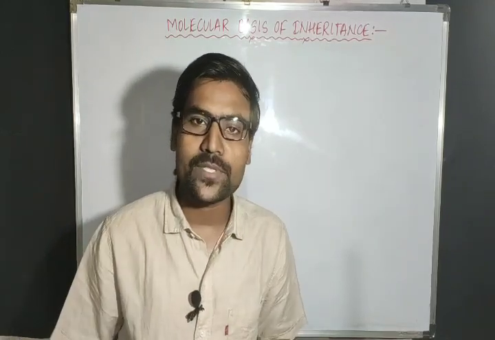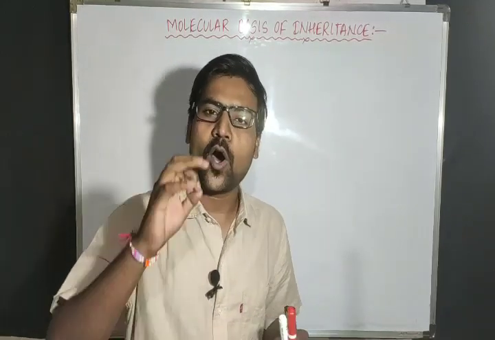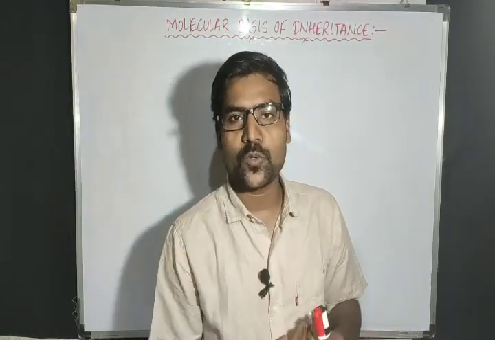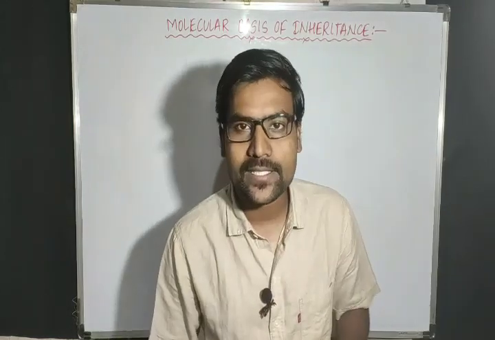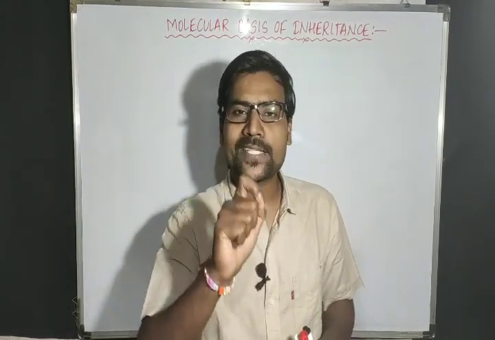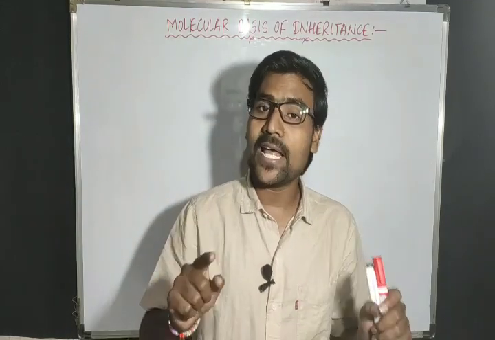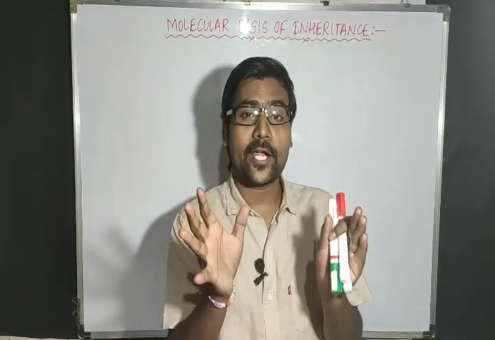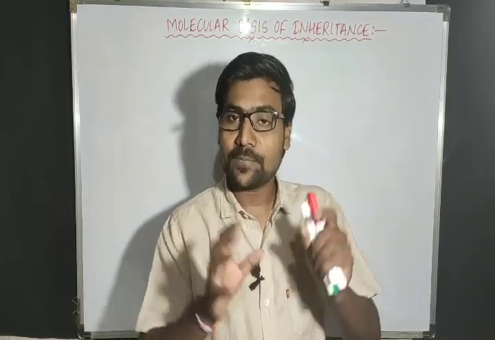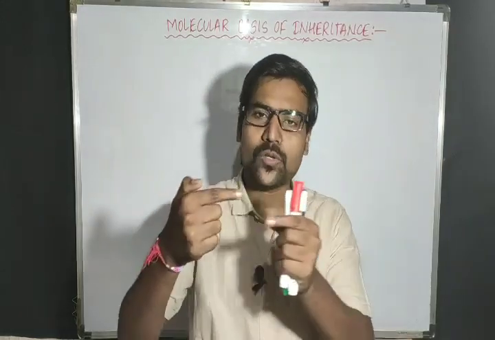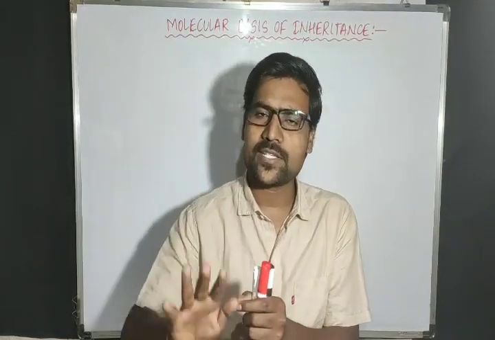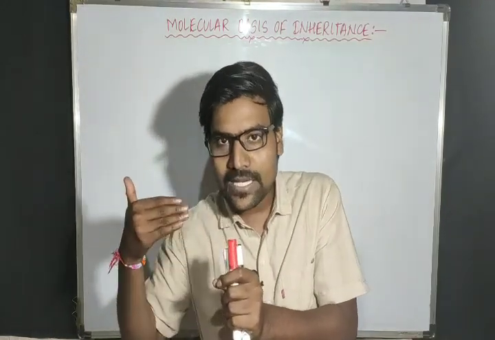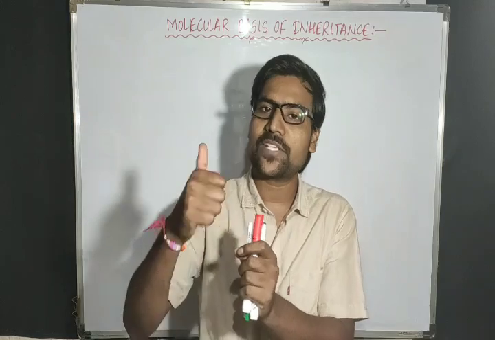In the last class we observed the methodologies: on what method basis they sequenced the human genome. There we observed two methods. One is EST, expressed sequence tags. In that method, only the part of DNA which is expressing, that means the active portion of the gene, only that much was sequenced, and the remaining part they ignored. So only the coding parts they analyzed and sequenced. That is the first methodology.